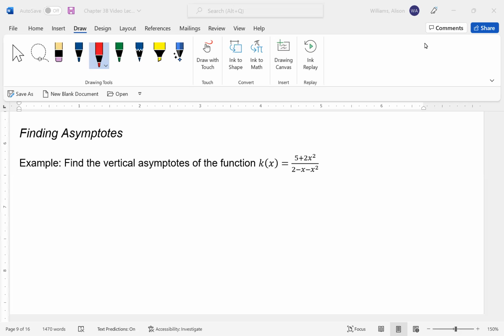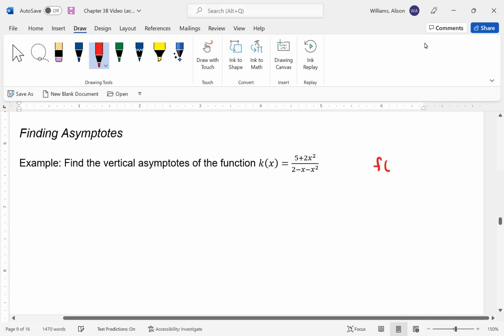In this video, we're going to focus on finding vertical and horizontal asymptotes. Our goal is to start graphing these rational functions by hand, getting some good sketches. So let's start with vertical asymptotes. You might remember with the toolkit function, 1 over x, that when we graphed that, it has a vertical asymptote